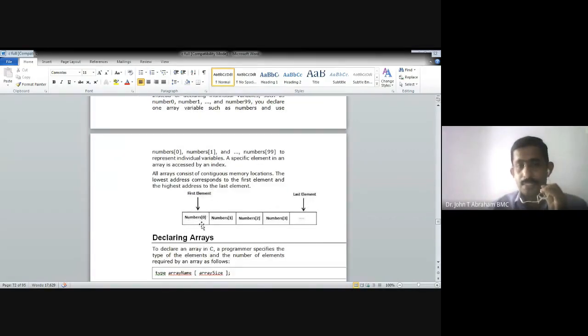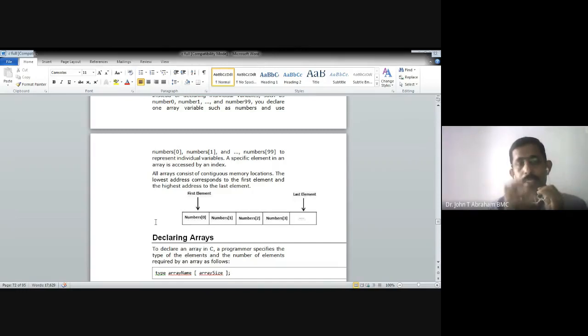So you can see this example. The first element is numbers of 0, then numbers of 1, numbers of 2, numbers of 3, like that up to the last element. The name of the array is numbers, or if the name of the array is A, then A of 0, with 0 subscripting.